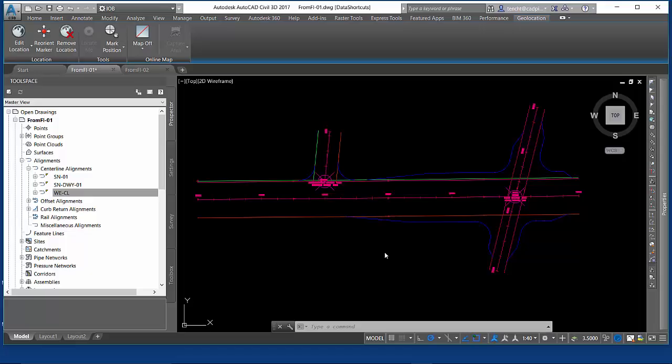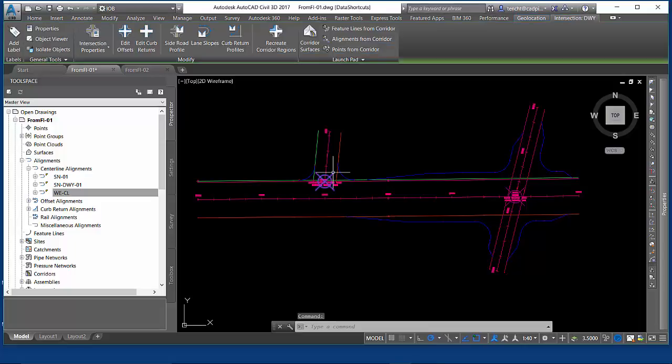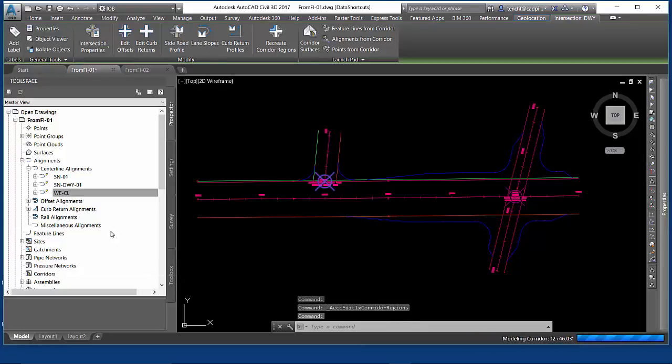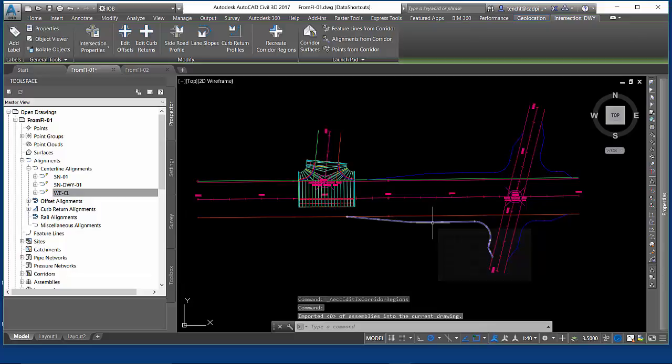In this drawing, we have a couple of intersections. One, that intersection right there, is being driven dynamically from this major intersection over here. Just to make this real quick, have everything all hooked up, we'll just create and toss assemblies in,